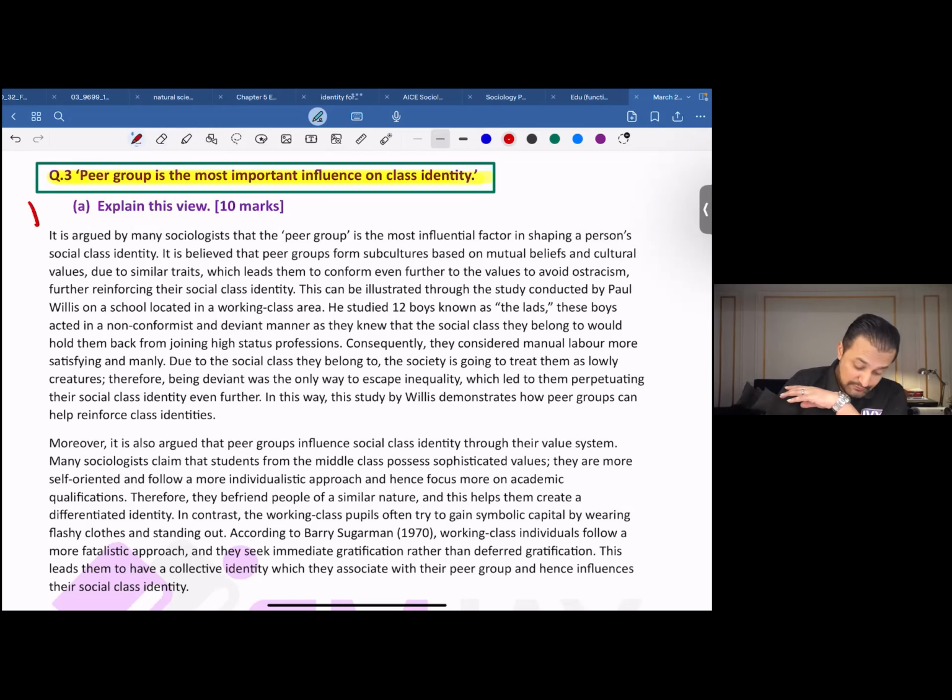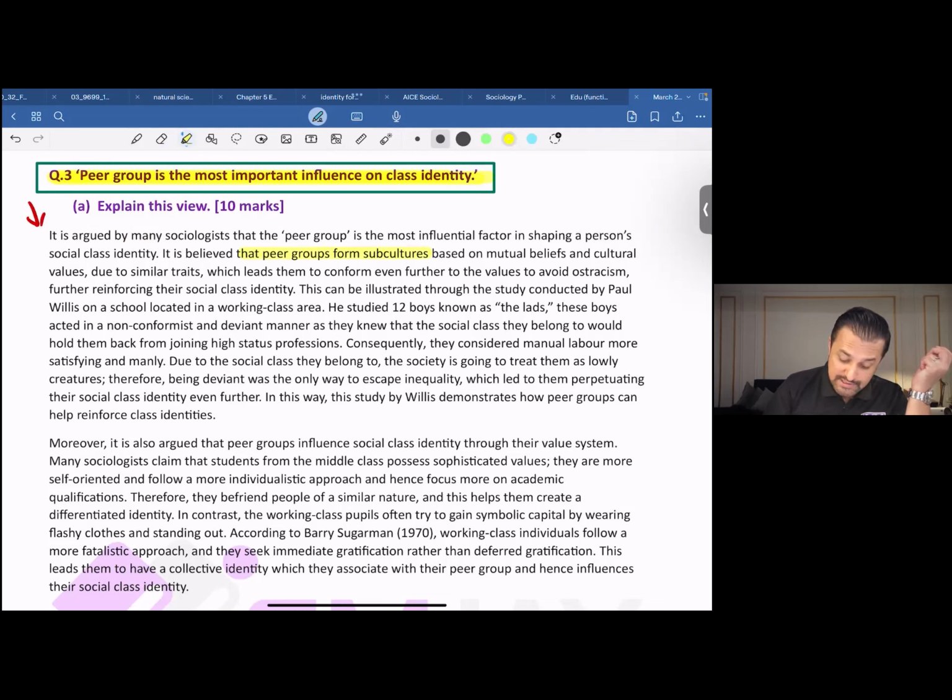Now, starting off with this one, it reads, it is argued by many sociologists that the peer group is the most influential factor in shaping a person's social class identity. It is argued by many sociologists, right? You're not taking the blame. You're not making it sound like you believe in it, right? So it is argued by many sociologists that the peer group is the most influential factor in shaping a person's social class identity. It is believed that